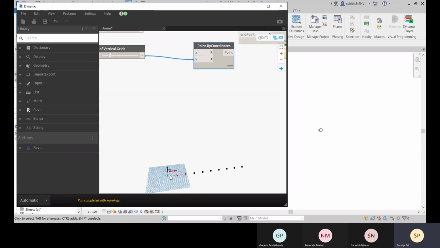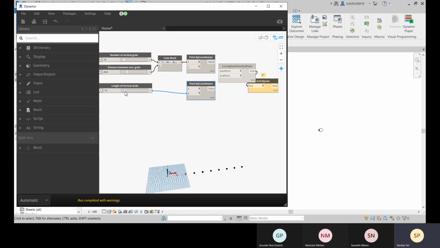So here you can see that one point is created at this point, right? And now let me connect with this. So now we have this much of a list, and that will be the length of your vertical grids. That will be the position, all this range. So that will be the same, right?